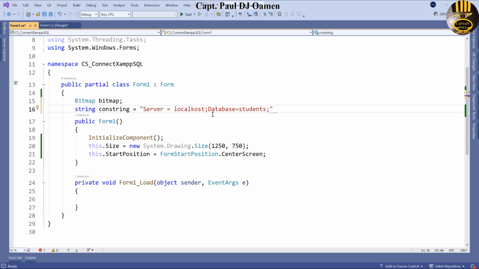semicolon, UID, and that will be equals root. That's user ID equals root. And the password, my password is going to be nothing. So I'm going to say password equals nothing. We'll come right here. There we go. And that is it. My database is now connected,